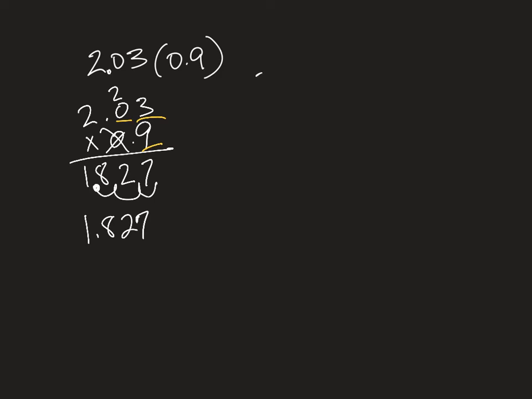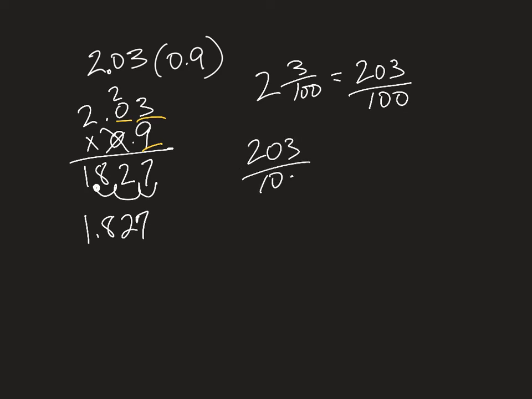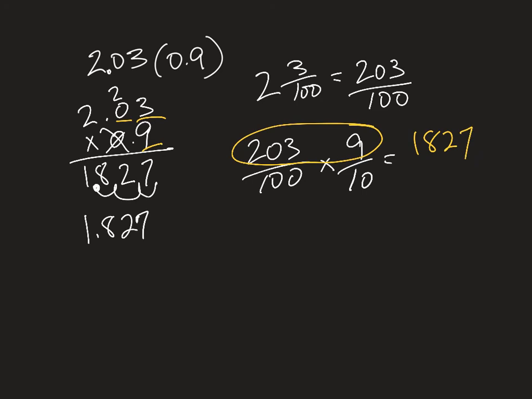Okay, so let's dig a little deeper to see where that's coming from. The 2 3/100ths, when we make that an improper fraction, is going to be 203/100. So we take that number, which represents 2.03, or 2 3/100ths, which has 2 decimal places, times the 9/10ths, which has 1 decimal place. Again, what we do first is just multiply the numerators together. Guess what that number is? 1,827. And then what do we do? We multiply the denominators together. And what do we get? 1,000.